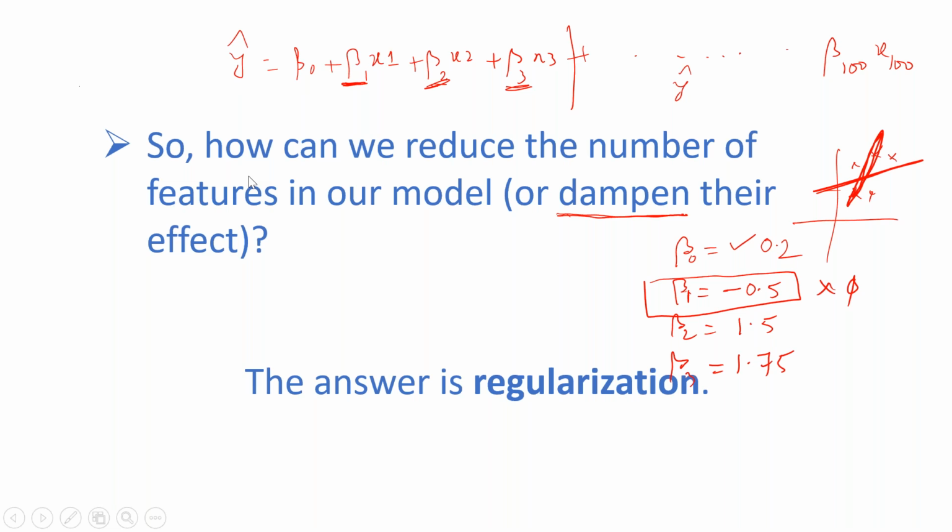Madhu, sorry to interrupt, Joseph here. Yeah, Joseph. How can we select which value has to be reduced? This beta 1, beta 2, beta 3. Yeah, that is what we will not do manually. That is where the regularization is coming in. Exactly, those questions have to come in your mind. So how do we mathematically solve that problem? We'll see. By choosing the algorithm, lasso or ridge or elastic net, we solve that problem because they are the regularized algorithms. So internally, what they are doing, let us see. Okay, Joseph?